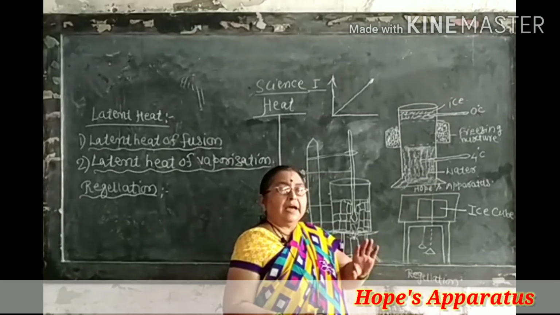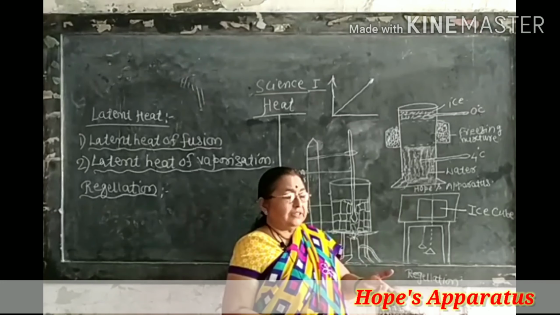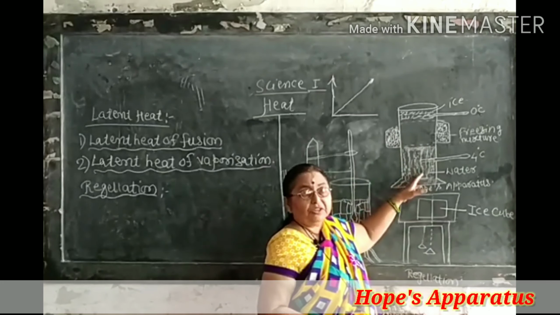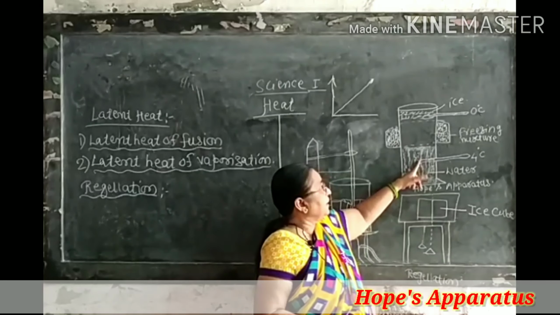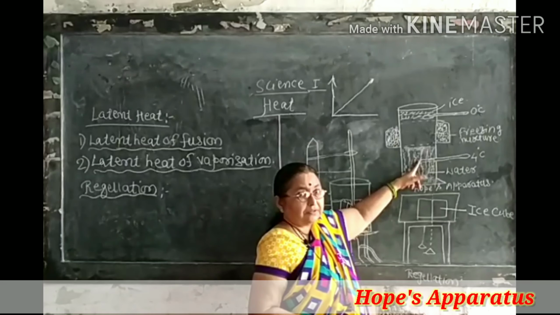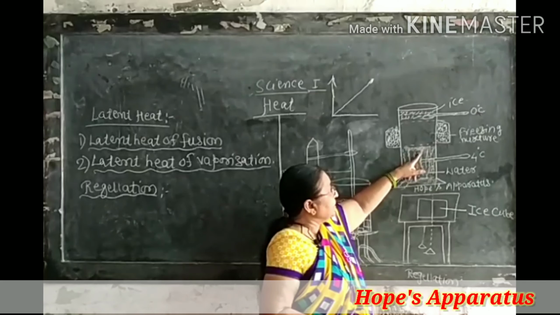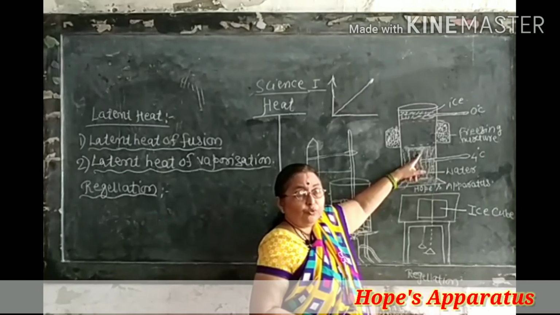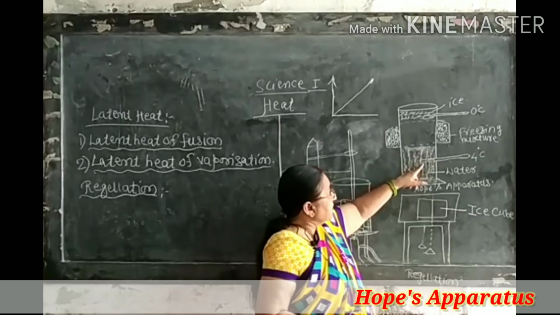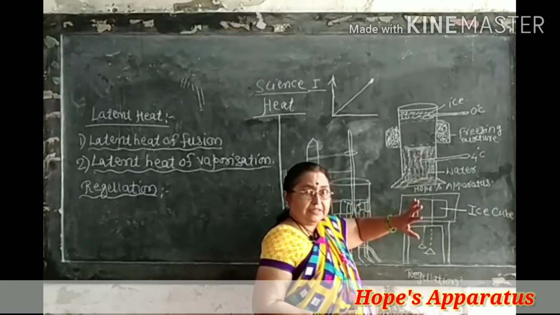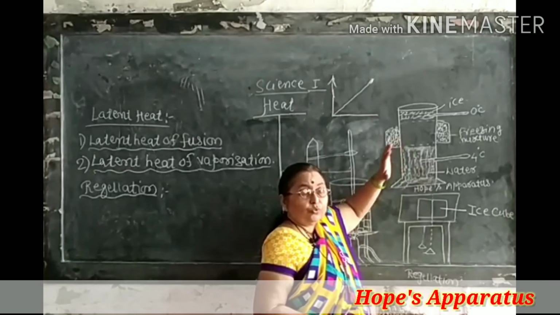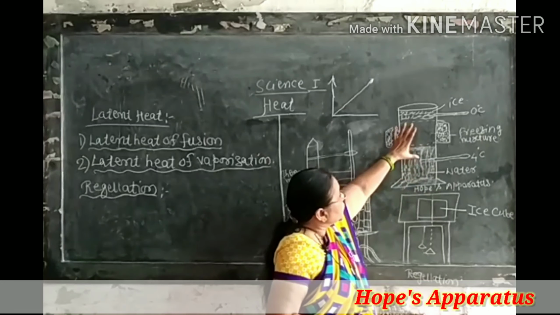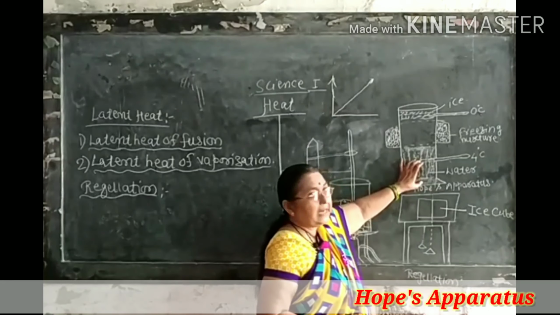Volume decreases and density increases. The same thing happened with this water. Due to this freezing mixture, the temperature of the water inside the jar decreases. As the temperature decreases, its volume decreases and its density increases. Due to the increase in density, this water goes to the bottom of